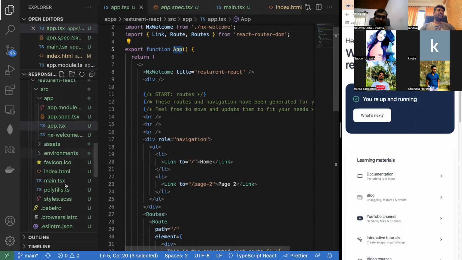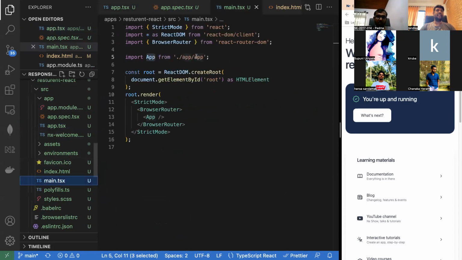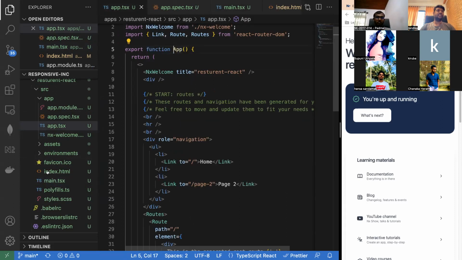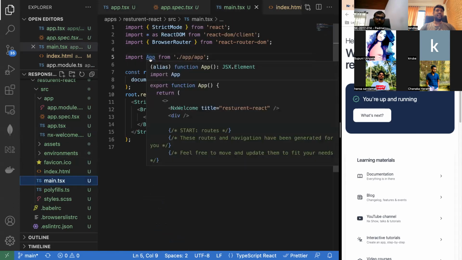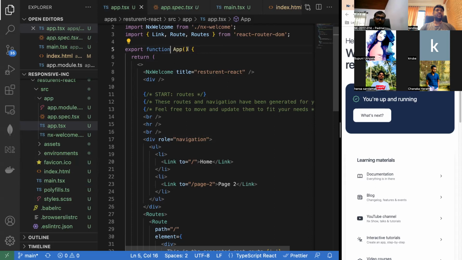So we are utilizing this app within our main TSX as well. You can see that within that, we are importing this. If I go back again and control click or command click on this app, it is referring to this. So this is one of the ways of defining a component in